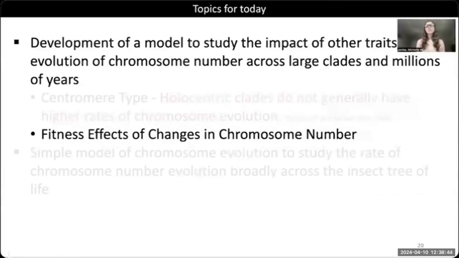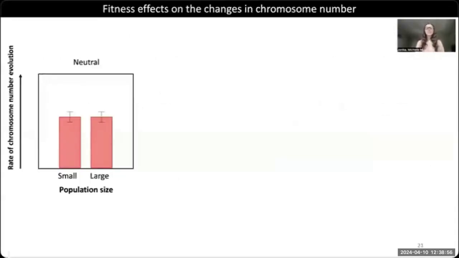And now I'm going to switch gears into a more recent research project that we've done. It was actually just published this January. And for this project, we wanted to look at the fitness effects of changes in chromosome number. And so in this panel of figures that I'm about to show you, the horizontal axis is going to be the population size class, so small or large, and then the vertical axis is going to be the rate of